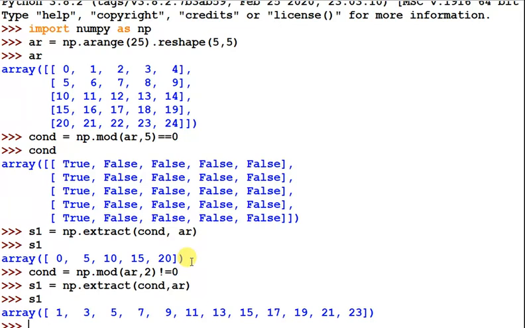And extract, when you want to extract the values as per specific conditions, we have to form an expression that stores the Boolean two-dimension array, and as per that Boolean array we can extract the values from the two-dimension array using the extract function.